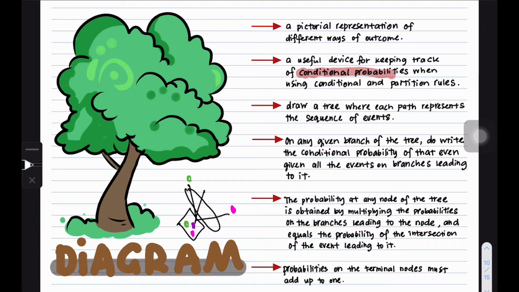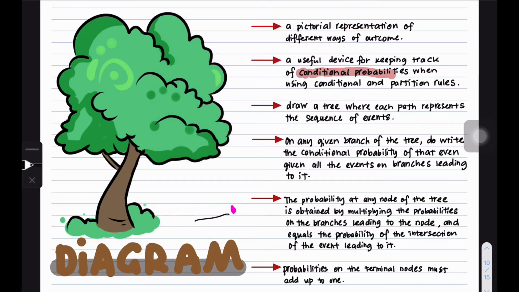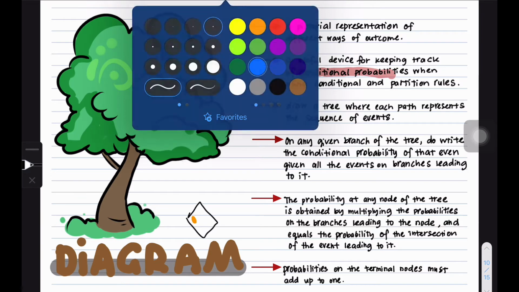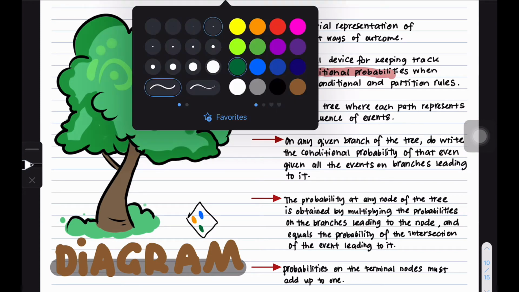On any given branch of the tree, do write the conditional probability of that event given all the events on branches leading to it. What does it mean? As I explained earlier, say we have a box, and again in this box we have a few colours of balls. We have an orange ball, we have blue balls, we maybe have 2 green balls, I draw just one, and we also have